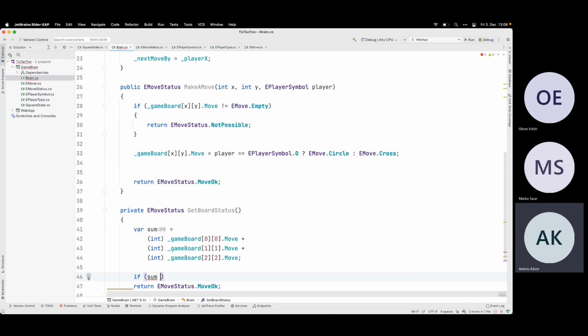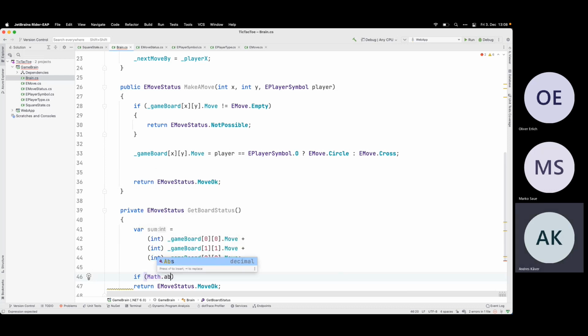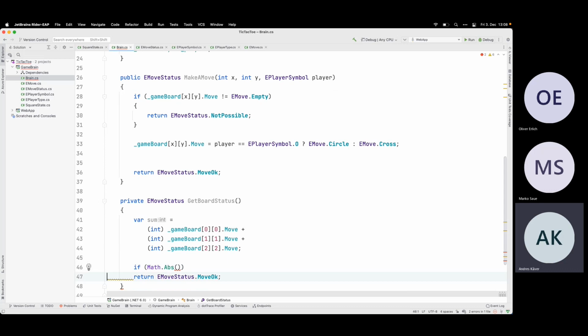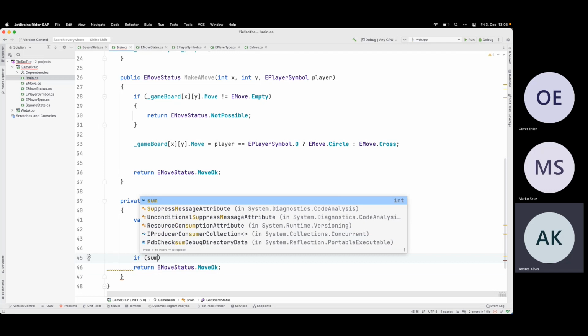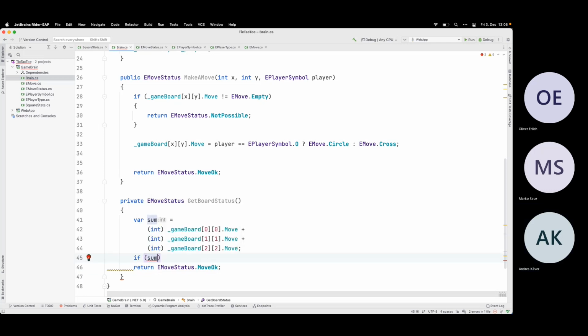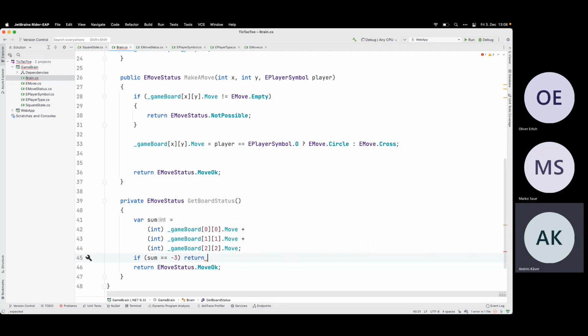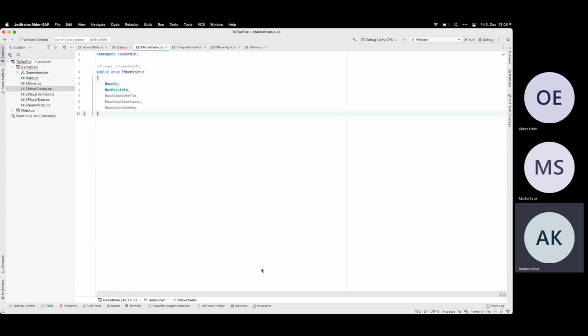If sum equals... So which one was the minus?